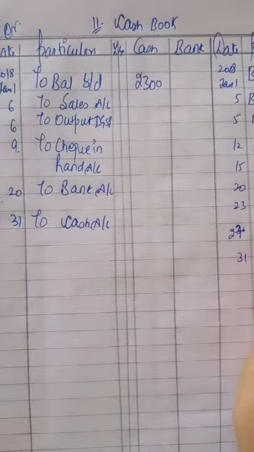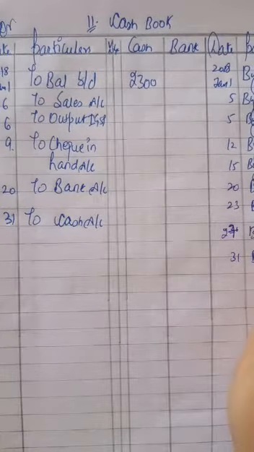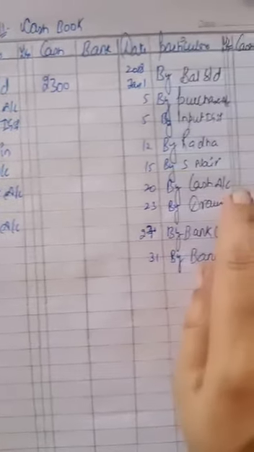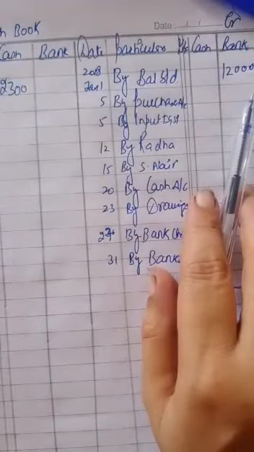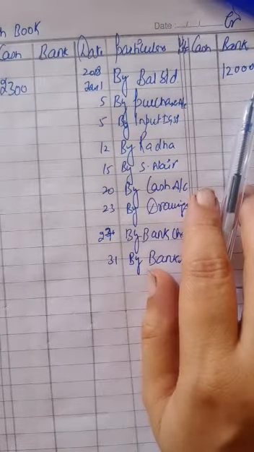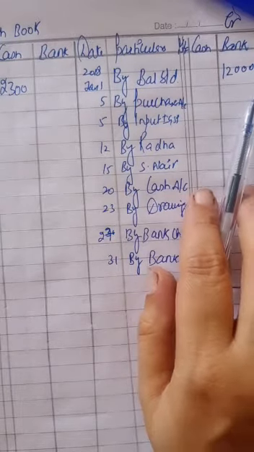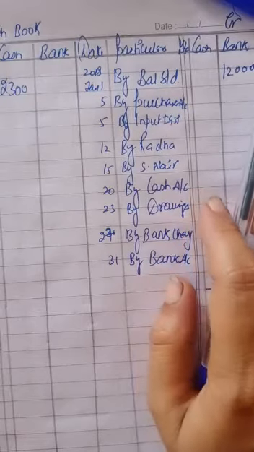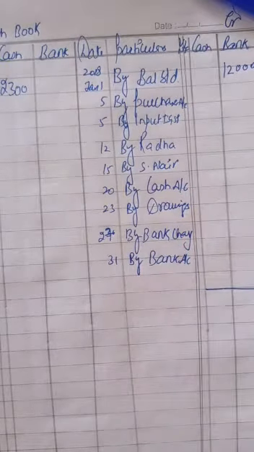On 5th January, purchase goods for rupees 40,000. So we have made the payment, so we will record on payment side. 5th January, purchase goods for rupees 40,000, less 15% trade discount and IGST 12%, and the payment was made through check. Have a look, beta.